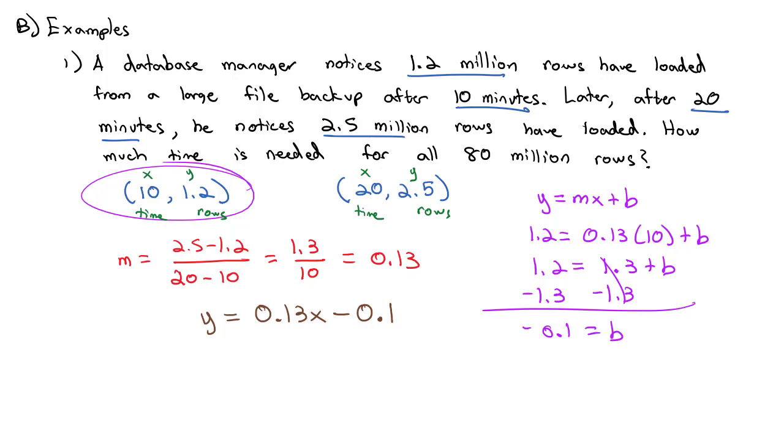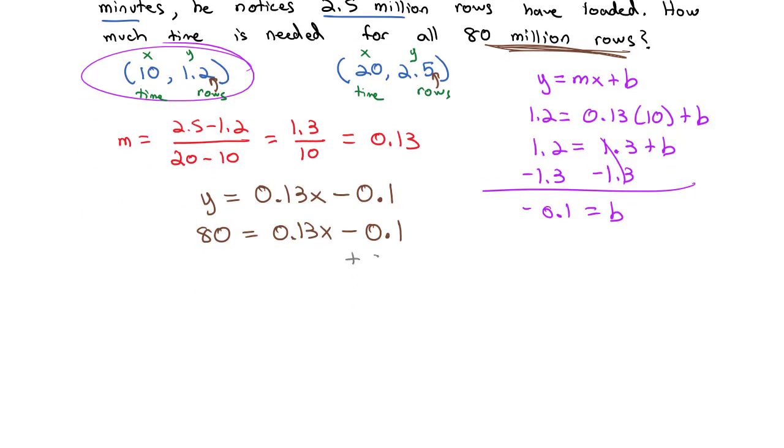Now that we've got our equation, we're ready to actually answer the question that's being asked to us about the 80 million rows. So the first thing we need to know is which x or y do we put the rows into? Well, remember we said the rows were y, and I said it has to be consistent. So here again, our rows, these 80 million rows, is equal to 0.13x minus 0.1. And we just have to solve this equation. We'll add 0.1 to both sides, and we get 80.1 is equal to 0.13x. Divide both sides by 0.13,